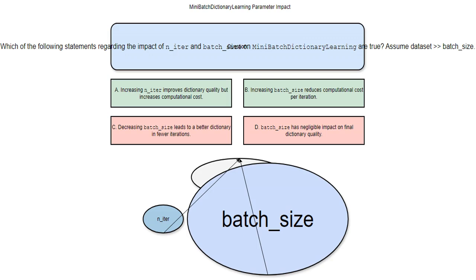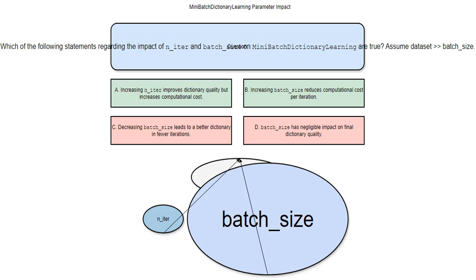This determines how much data is processed at once during each iteration. A larger BATCHSIZE means fewer, but potentially more computationally expensive, updates per iteration. A smaller BATCHSIZE leads to more frequent, but potentially less computationally expensive, updates. It's a trade-off between computational cost per iteration and the number of iterations needed for convergence. Imagine painting a mural. You can use large brush strokes, large BATCHSIZE, for speed, or tiny brush strokes, small BATCHSIZE,